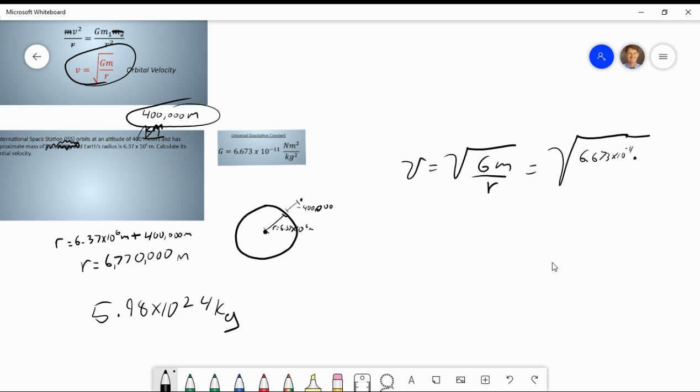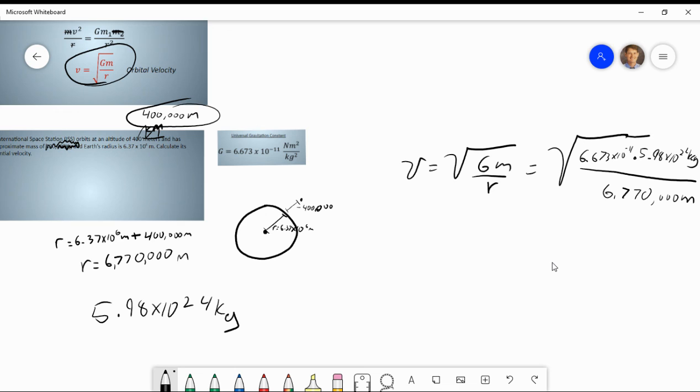And I'm not going to save the units for another day. Times the mass of the Earth, which is 5.98 times 10 to the 24 kilograms, all divided by the radius between them, which is this huge number, 6,770,123 meters. So I'll put that in. Let's figure out how fast that space station is going. 6.673 times 10 to the negative 11